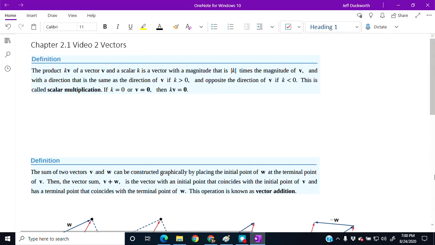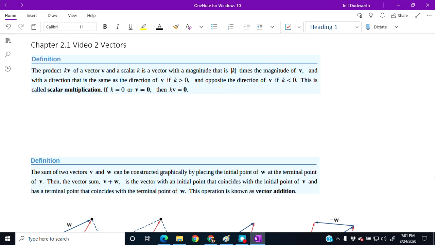All right, the second video, we're going to delve a little bit deeper into what vectors are. One of the next definitions is on scalar multiplication. So a scalar is just some sort of constant where we can multiply it by a vector and it's going to do what you would assume. So if this k, this multiple is 2, what it's going to do is it's going to double the size of the vector v. If it's instead 0.5 or 1/2, it's going to reduce it by 1/2 of whatever its